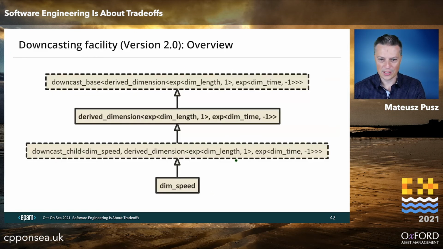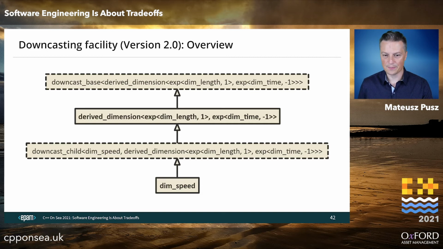This is how it looks in the hierarchy, but I will not go into much more detail on the implementation here. So this is what is constructed by the engine. This is the result of the equation. And then, thanks to the Donecasting facility, we can find this type that the user provided as a child class of this one. So the Donecasting facility can be considered a typecasting engine that, every time it sees something like this, converts the type to something like this.